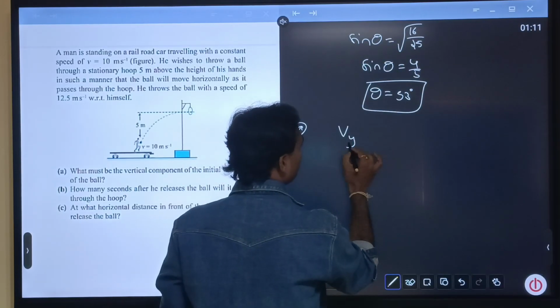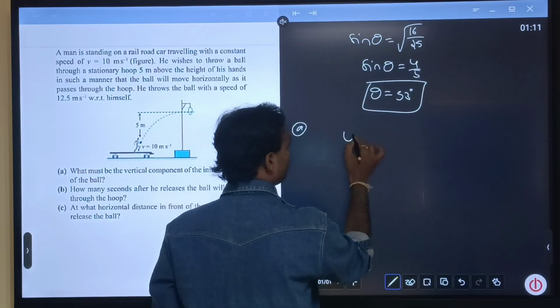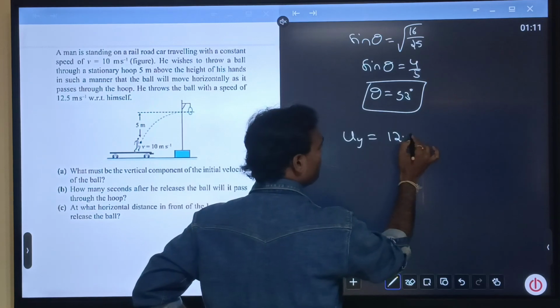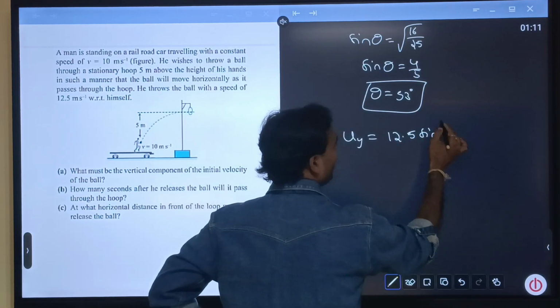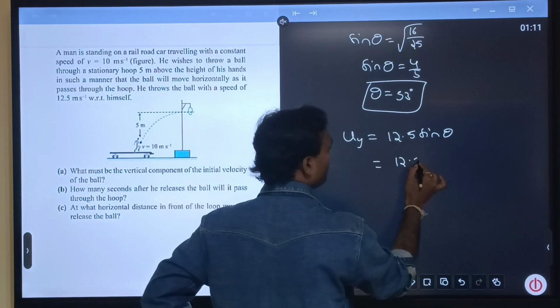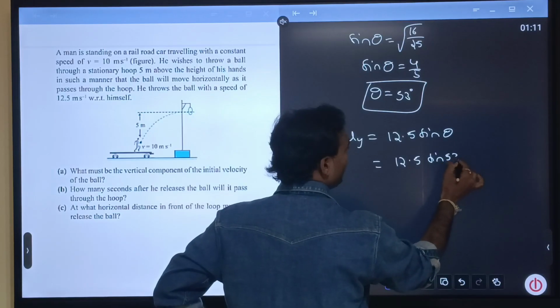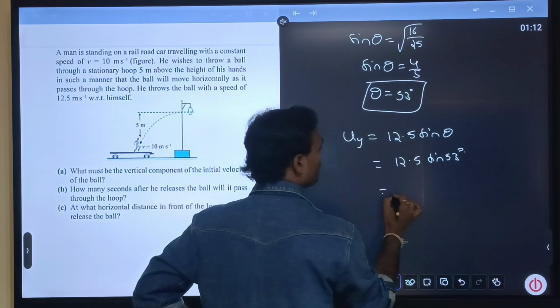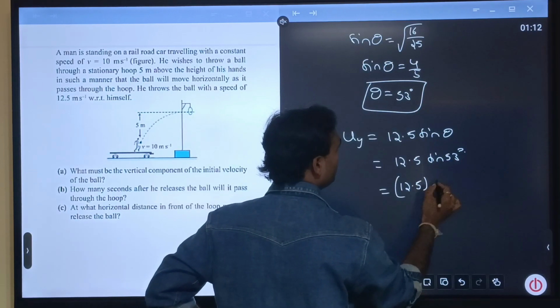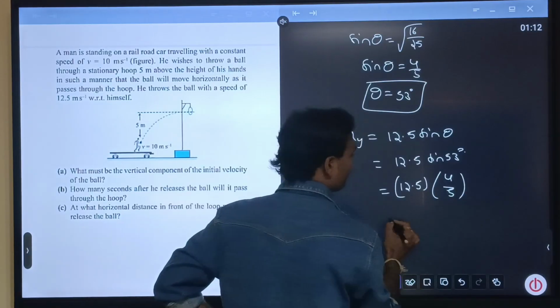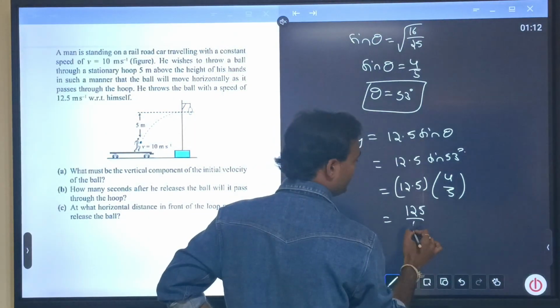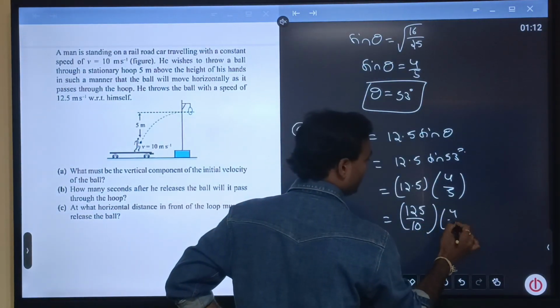So initial velocity on vertical axis, uy is equals to 12.5 sine theta, and theta value is 53. So 12.5 sine 53, and sine 53 value is equals to 4 by 5. So 12.5 into 4 by 5, which is equals to 125 by 10, 4 by 5,